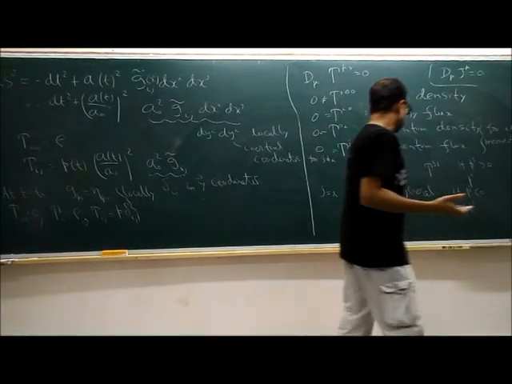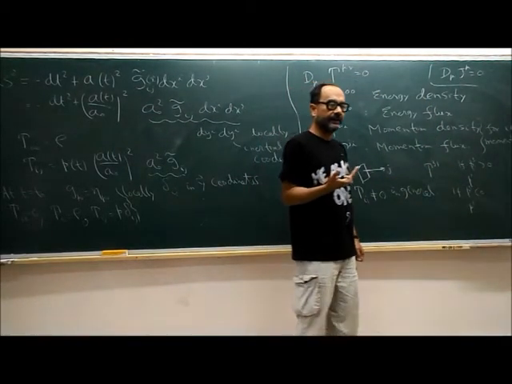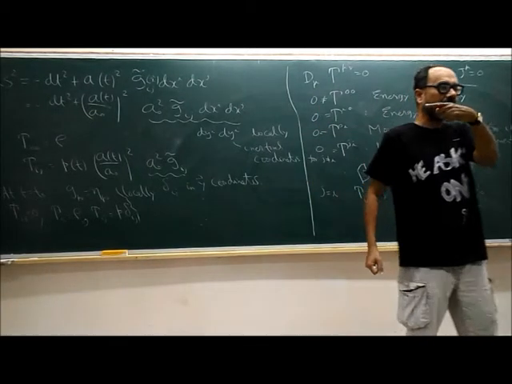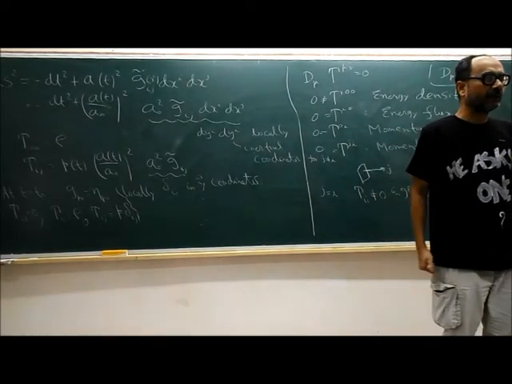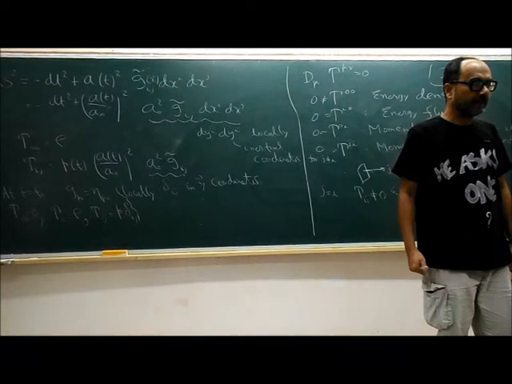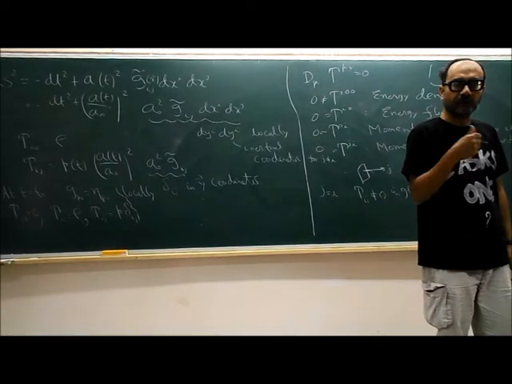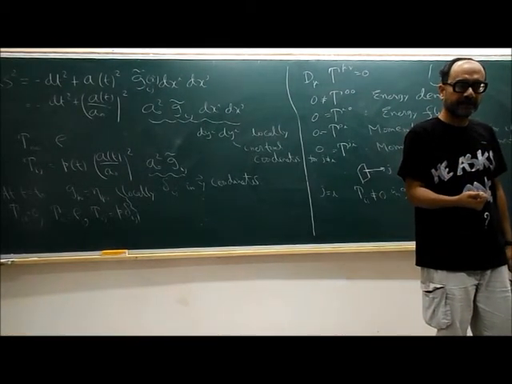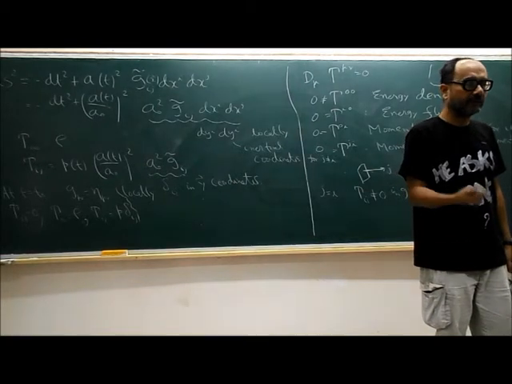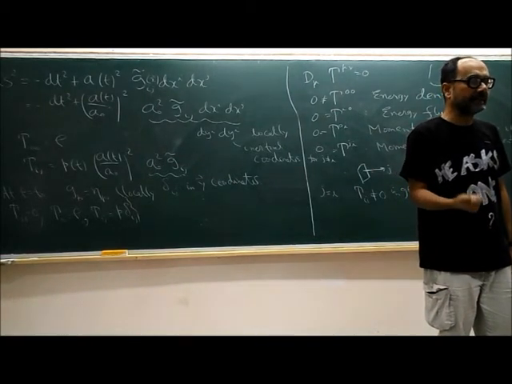But for j equal to i, if the particle is moving along the positive i direction, we are sure that it's carrying positive Pi. And if the particle is moving in a negative i direction, we are sure that it's carrying negative Pi. As a result, the flux of Pi along the ith direction is necessarily positive.